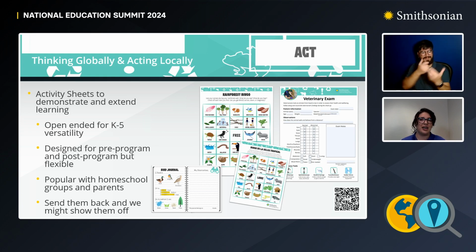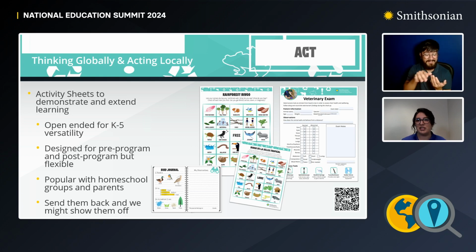Each theme has two activities, a follow along and a post activity sheet. So for example, the follow along sheet can be done during the program, and you'll notice right in the middle, our rainforest bingo there on the slideshow is an example that we did during our Explore the Rainforest program.